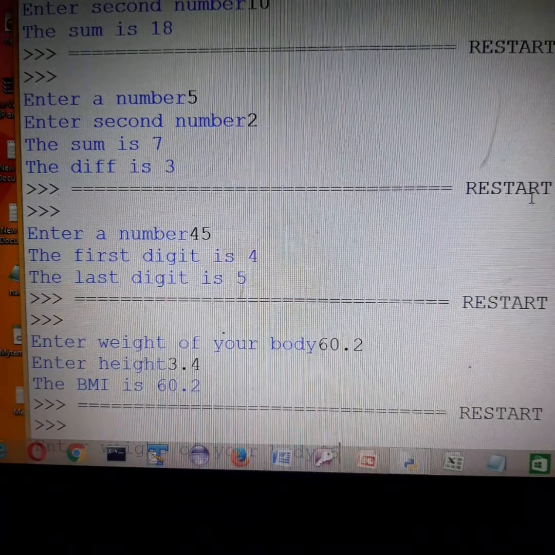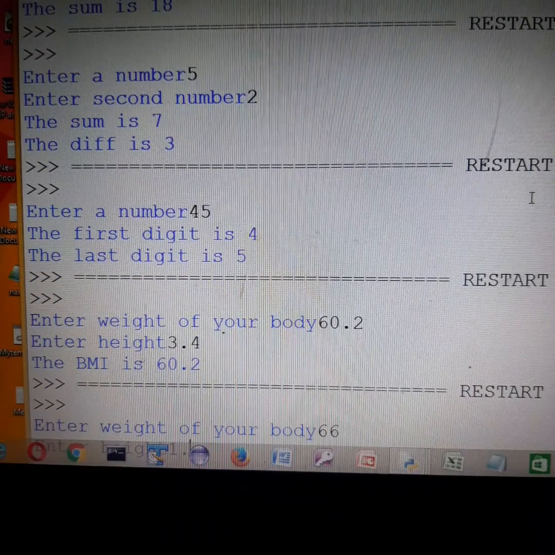For another one I gave 66 and the height 1.6.